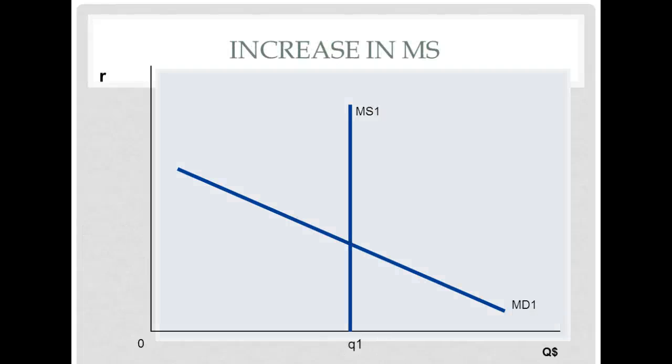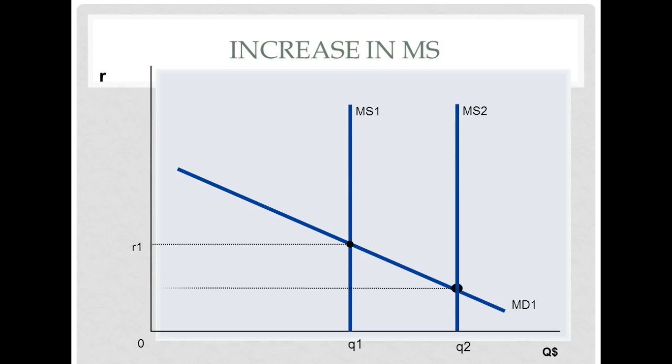Here's what an increase in the money supply would look like. There's our initial interest rate. There's our new money supply curve. And that, according to our graph, would lower interest rates. So when the Fed has a desire to lower interest rates, it will increase the supply of money, thus lowering interest rates. And conversely,